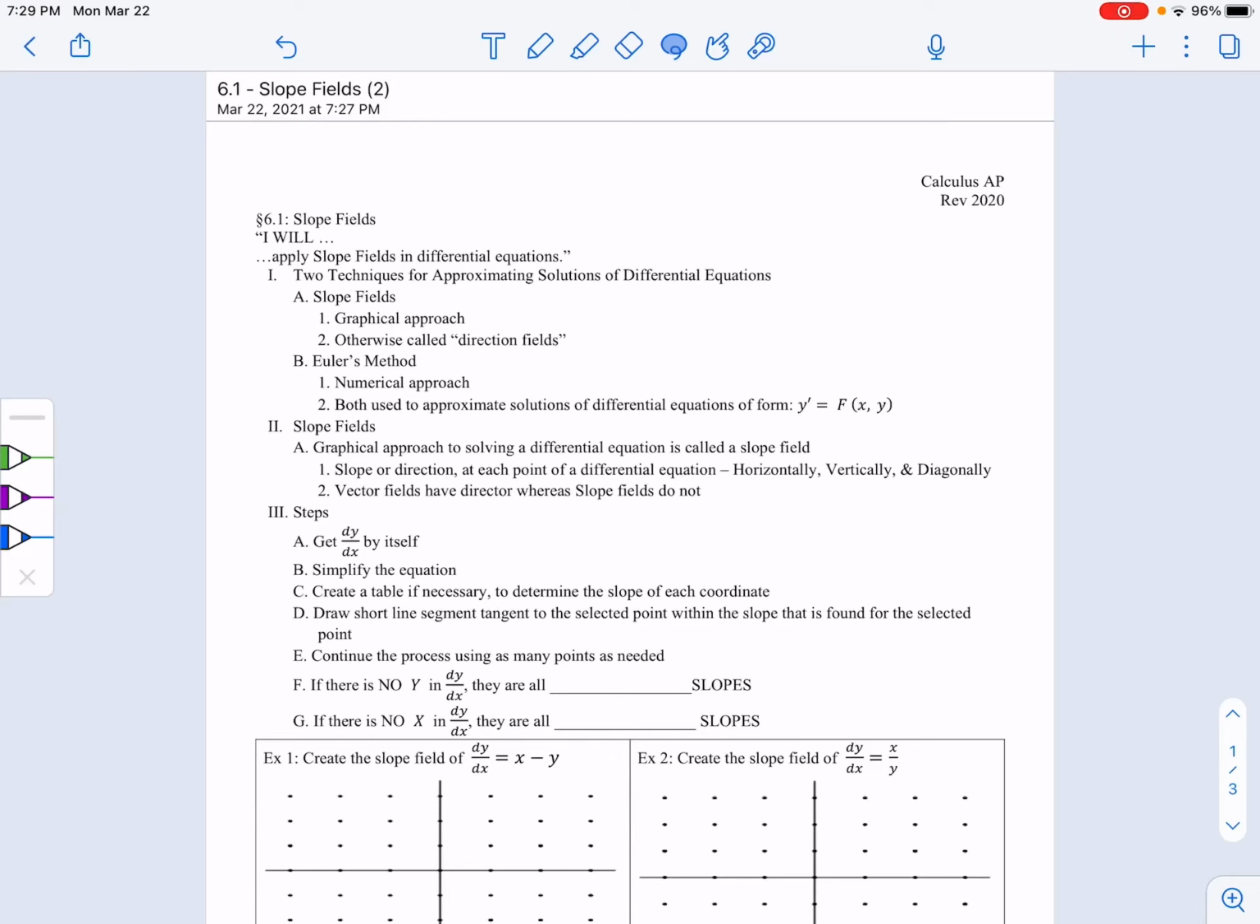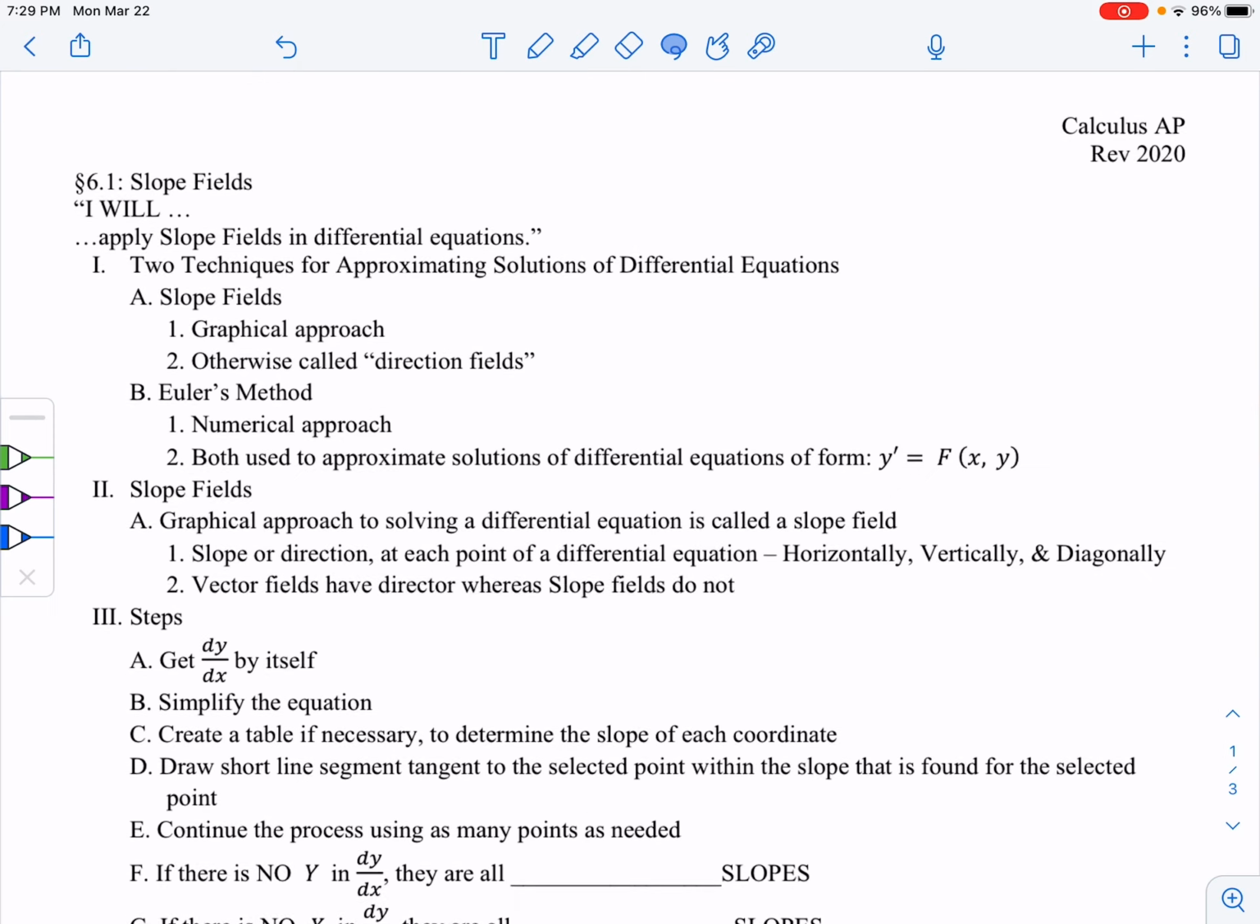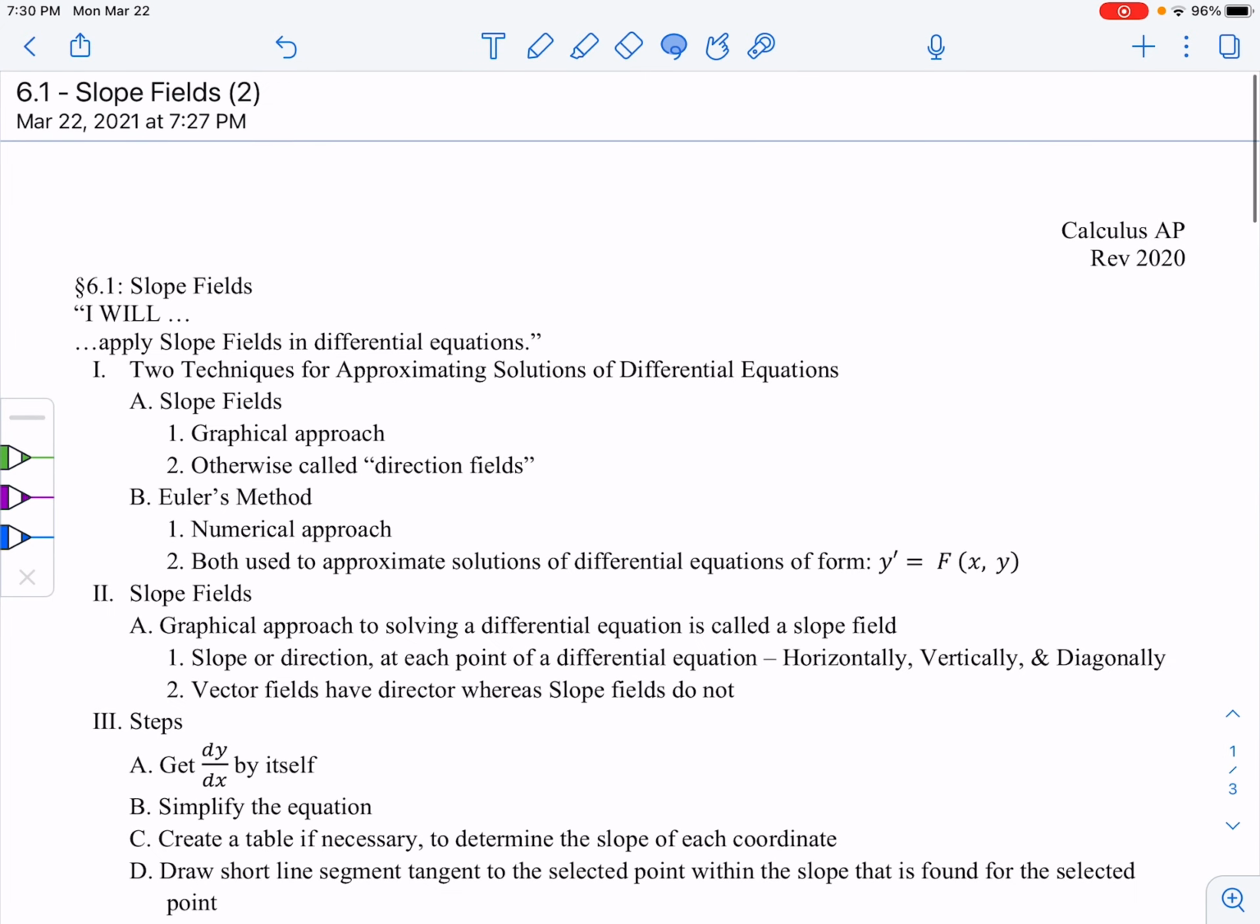Hello, today's lesson is slope fields. And what we're trying to do is solve differential equations. A differential equation means it has a derivative in it. So if I am given the fact that my derivative is equal to 2x plus 3, and my goal is